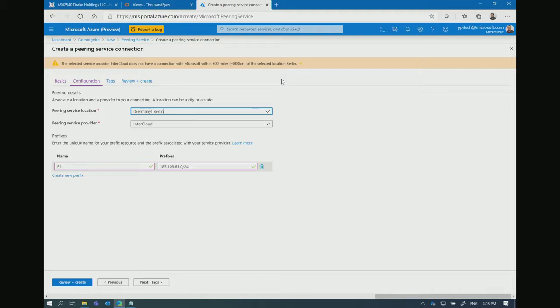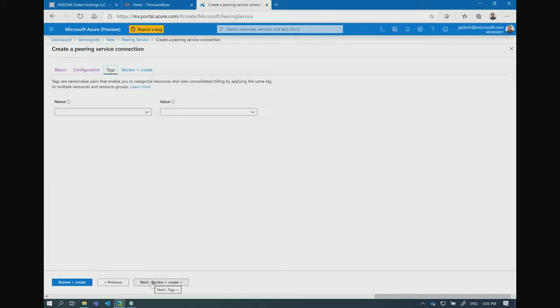You can override that rule, but we are telling you that you are not as close as possible to our network. So I'll go back, pick the good scenario, Kent. Click next,